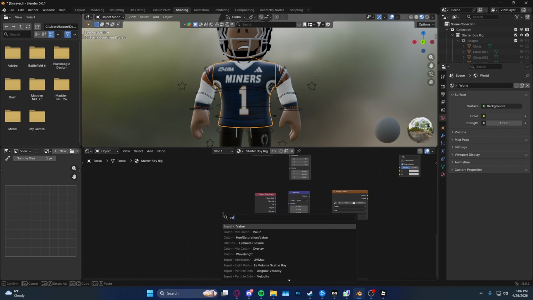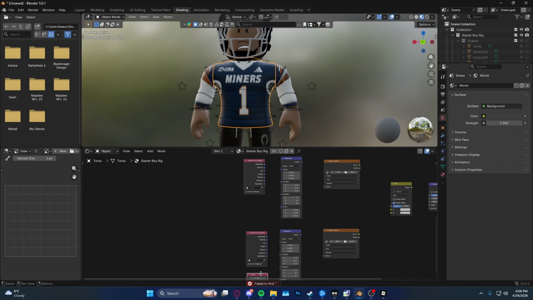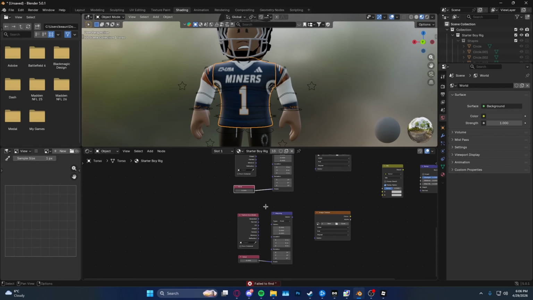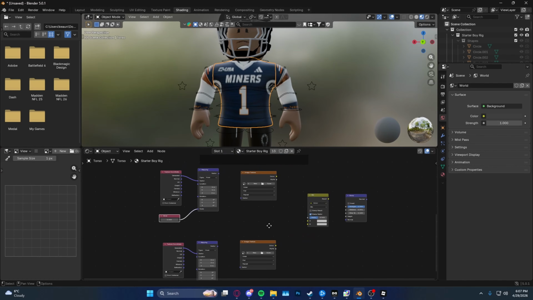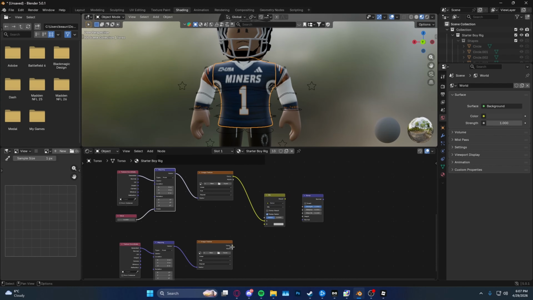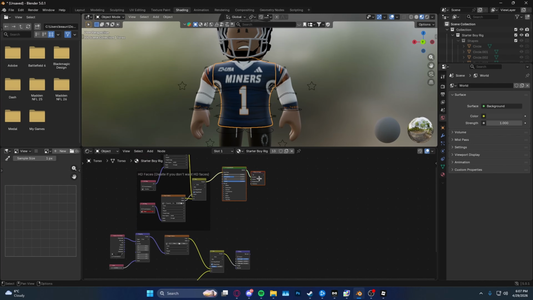Next, you're going to want to do a value node and put one down there, and another one right here. You're going to want to connect the value to the scale. Same thing with here. You're going to want to connect generated to vector, generated to vector, vector to vector, vector to vector here. You want to do color to A, color to B, result to height, and then next you're going to drag this over a little bit, and connect your normal to this normal.